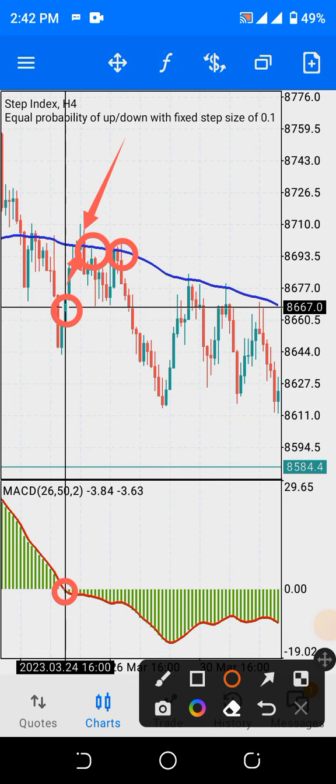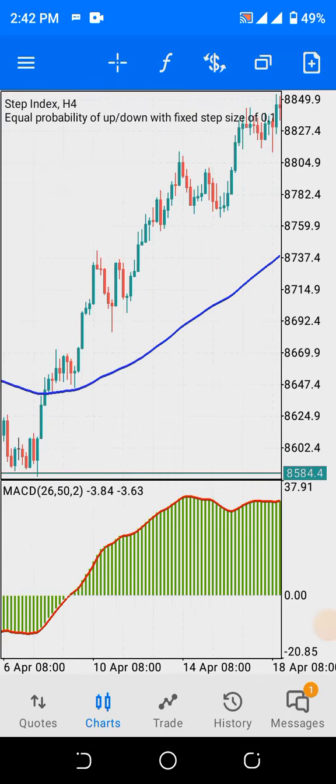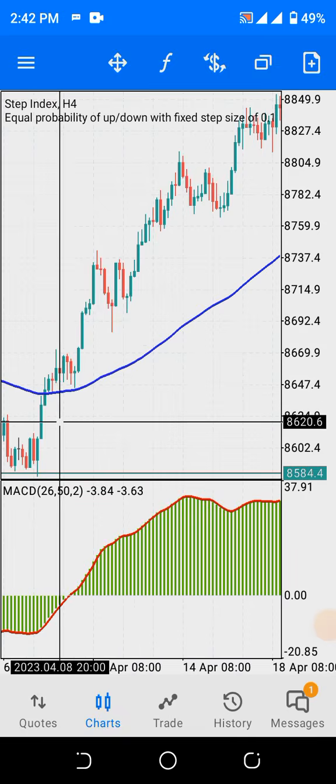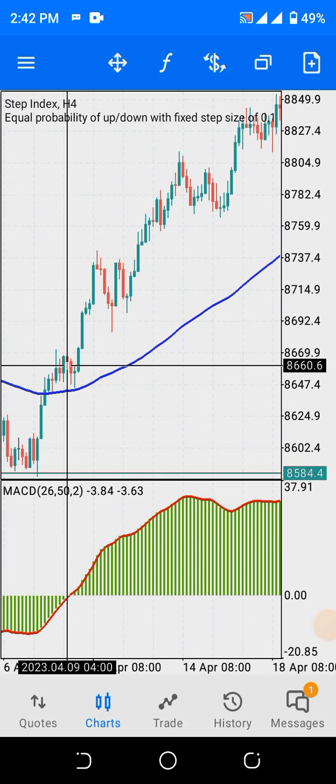Now this is another point. All these points where the market retraces back to the moving average are potential sell entries for you. Do you understand? All right, and this is a huge profit, as you can see. Now at this point the market crosses again. Look at where the MACD crosses from down upward. This is a clear buy signal.